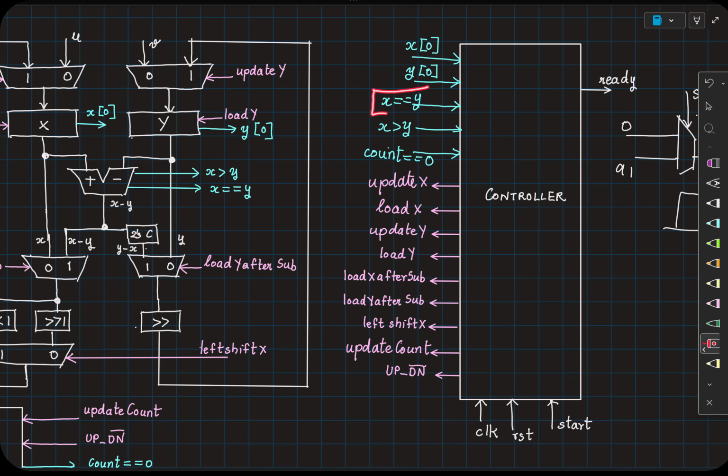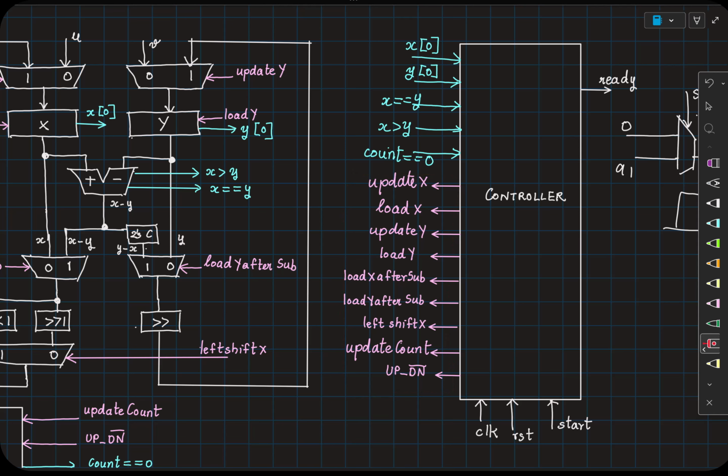Then we have these conditions x double equal to y, where we are checking whether to remain in the first loop or move on to the second loop. Again, a condition we need to check is whether x is greater than y. And when do we check this condition? Can you look at the code and tell me? When both are odd, right? And finally, once you have entered the final loop where you are trying to do this 2 power count, you need to repeat this action till your count value is decremented to 0. So that is also another input. And based on this information, we have to generate all of these control signals.